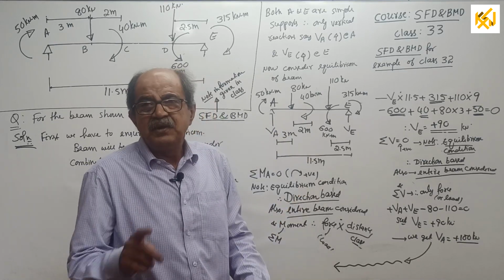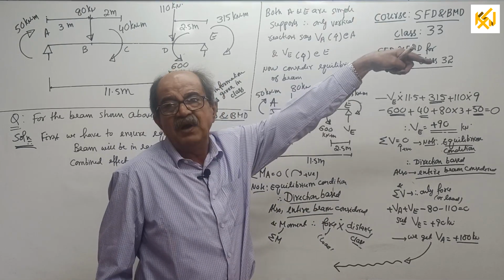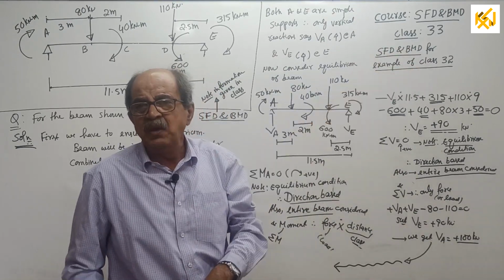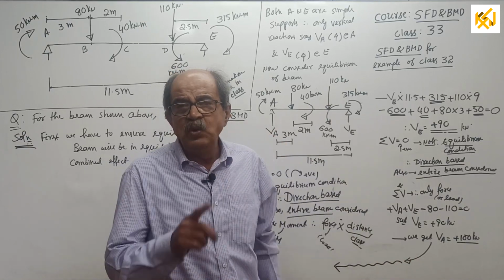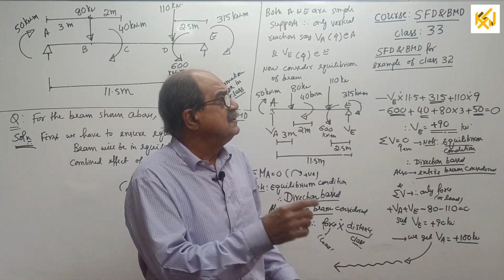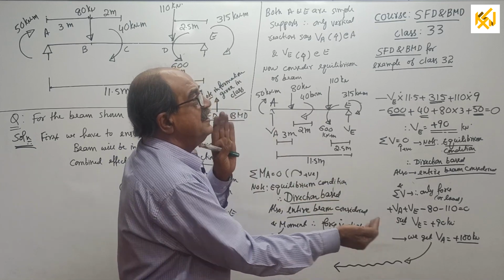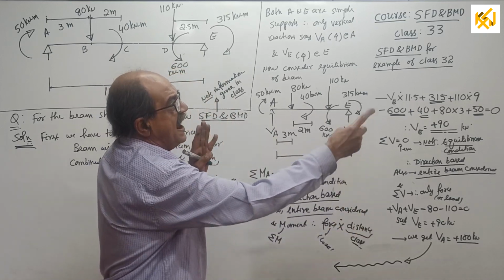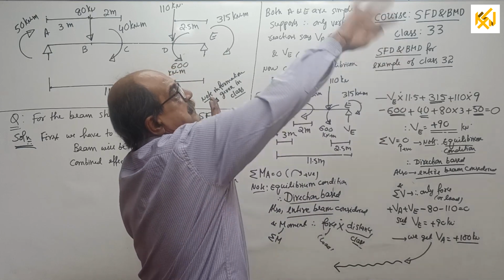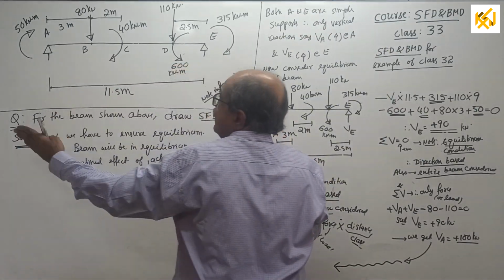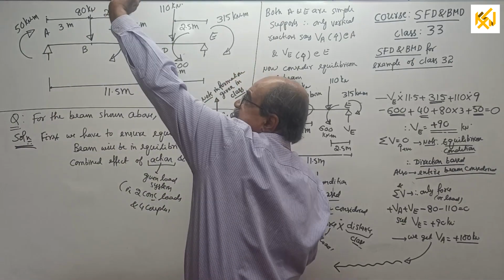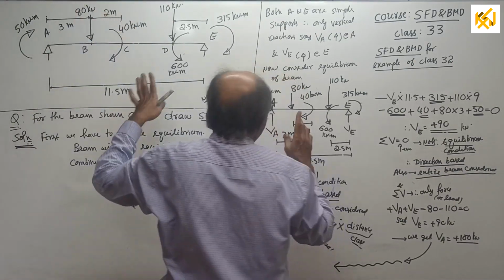Therefore, go through that class. I don't remember the class number now. No, I won't tell, because go through it. I told correctly how to calculate SFBM. See, I told a trick there. If you look here, if the end couple is there, see, plus, minus. Last time I am telling, this side, end couple, plus, minus.